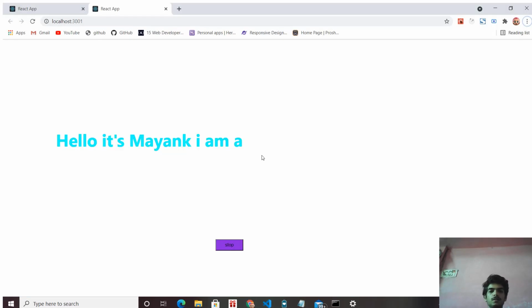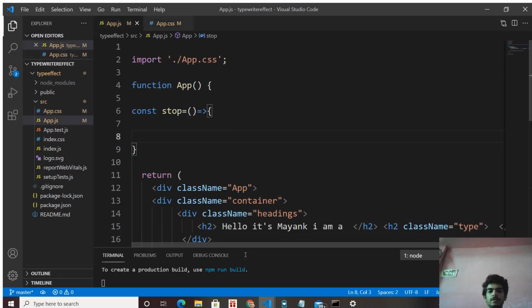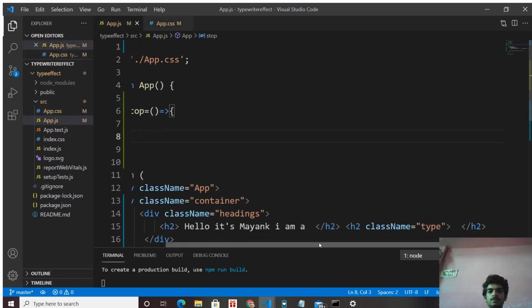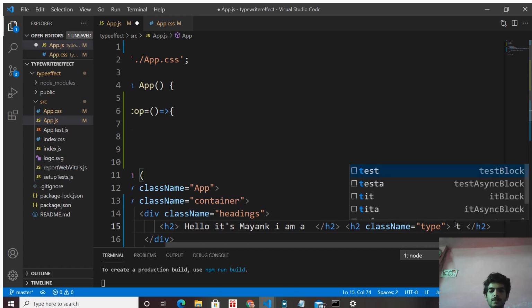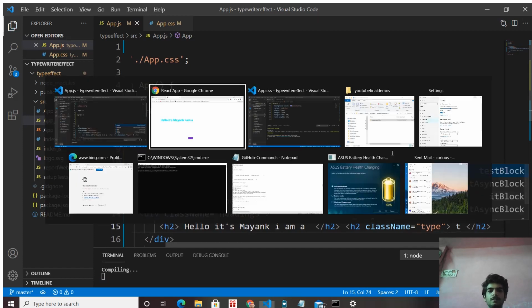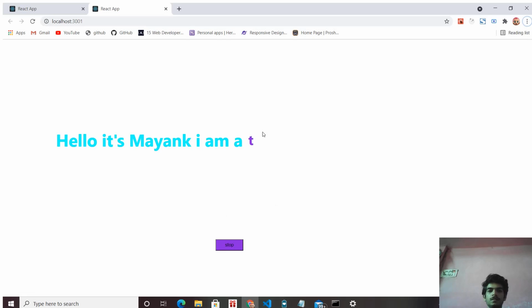So go to app.js and if you write something, anything, like t, it has a different color, and t is a character, and what we want is a line after this t character. Okay, so how can we achieve this? With the help of CSS we can achieve the typewriting line like this.